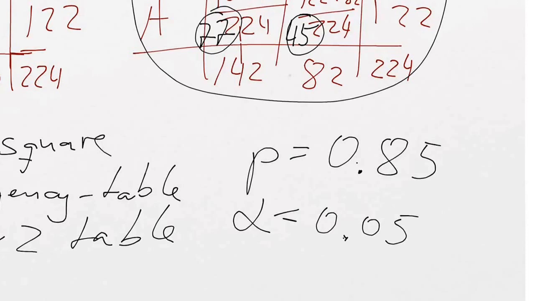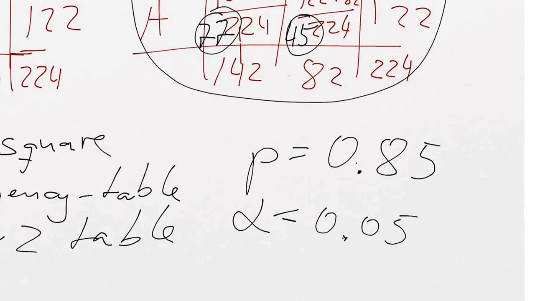P is high, so H naught can stay. This means our null hypothesis says the data that we observe and the data that we expect are in line with each other. There is nothing fishy going on. Yeah? So there is no big surprise